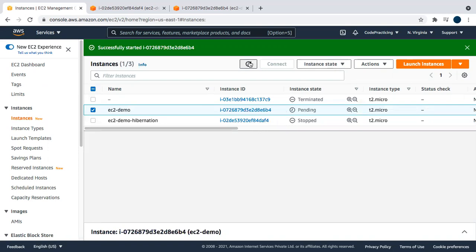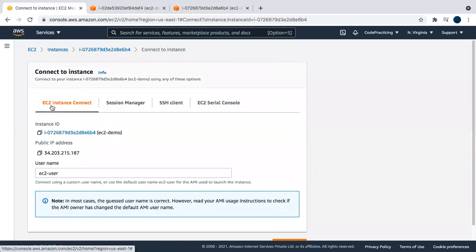It will take some time to start. Now our EC2 demo has started again. So now we'll connect to this instance. Click on connect, EC2 Instance Connect.